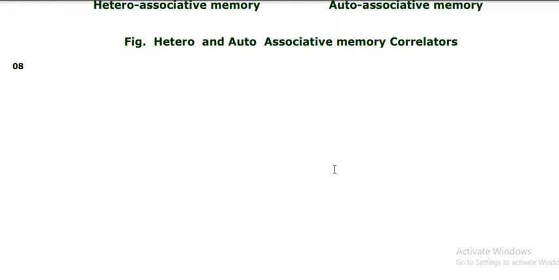Associative memory. Today we will learn about associative memory. It is a very important part of machine learning algorithms. An associative memory is a content-addressable structure that maps a set of input patterns to a set of output patterns. A content-addressable structure refers to a memory organization